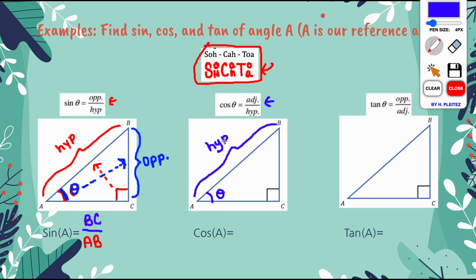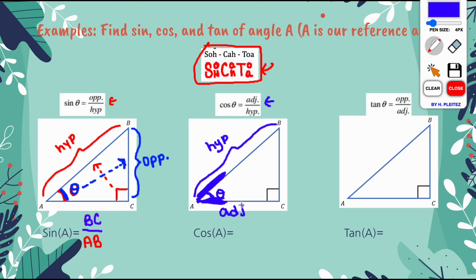Now our adjacent side, it has to be touching the angle, right? So our reference angle is here. We have two sides that are touching that reference angle. This side, right? And this side. However, your adjacent side cannot be AB, because AB is already the hypotenuse. There's never going to be things that count for more than one side. So if AB is already your hypotenuse, it cannot be the adjacent side, which leaves us that our adjacent side